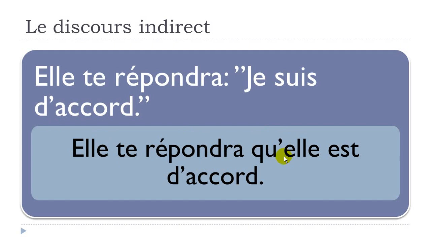Qu'elle, okay, as we had previously, because it doesn't change here, it will be que, that, but then you take the E away. Of course, you will have to modify this je and put it in here with elle, et d'accord. The verb, if you look carefully, will stay at the present form. Doesn't need to change here. Even if we've got the future here, it will stay at the present form in the second part here. Okay? So the thing is that